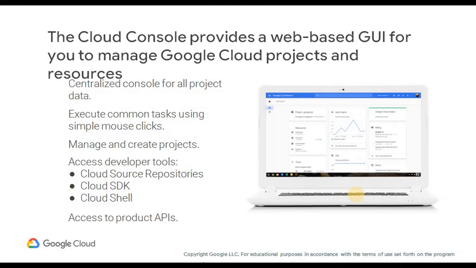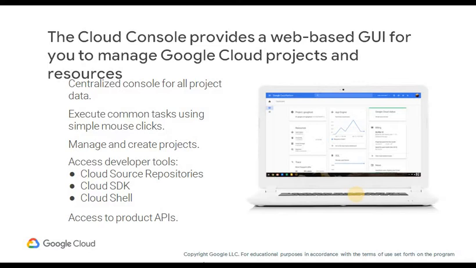When you use the Cloud Console, the resources that you create are done in the context of a specific project, and you can create multiple projects. So you can use projects to separate your work in whatever way makes sense for you. For example, you might start a new project if you want to make sure only certain team members can access the resources in that project, while all team members can continue to access resources in another project. The Cloud Console is also great for developers. Cloud Source Repositories provide Git version control to support collaborative development of any application or service.